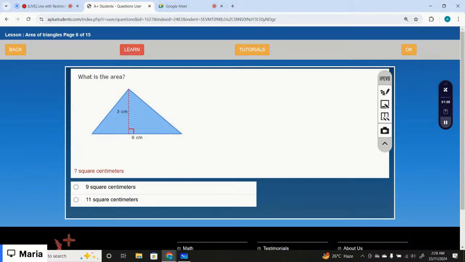What is the area, which is the correct option? That is half times base times height. That is 9 square centimeter. So the next lesson is